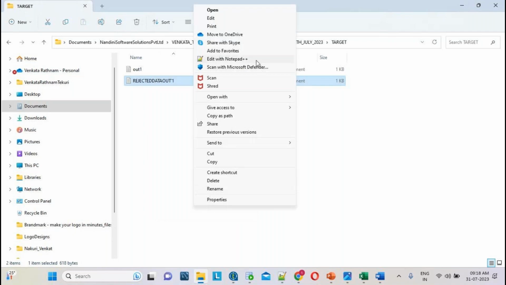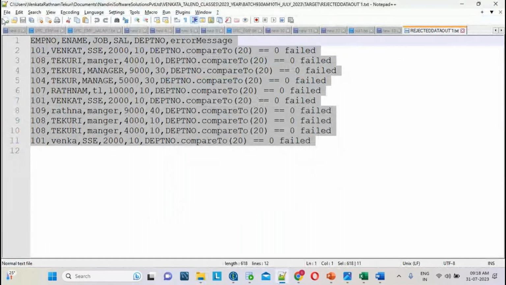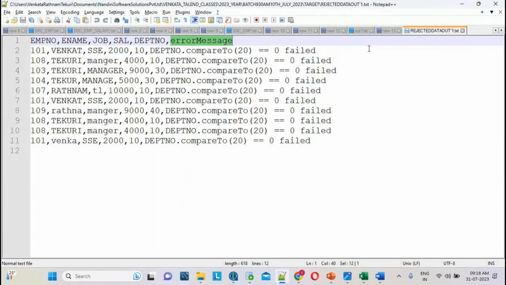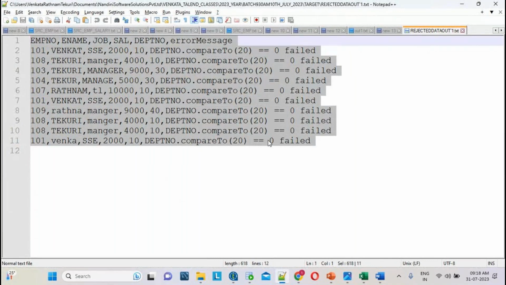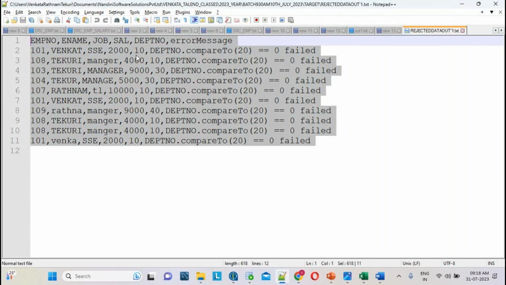Why is it rejecting, team? Because my condition is false. That's why it is rejecting. See, when I look at the rejected output file, I want to see other than the DEPT number 10 records. Are you able to see other than DEPT number 10? No, 20, right? Other than the DEPT number 20 records, I want to see that. Is there any 20 here? The 20 records should go to the main output.